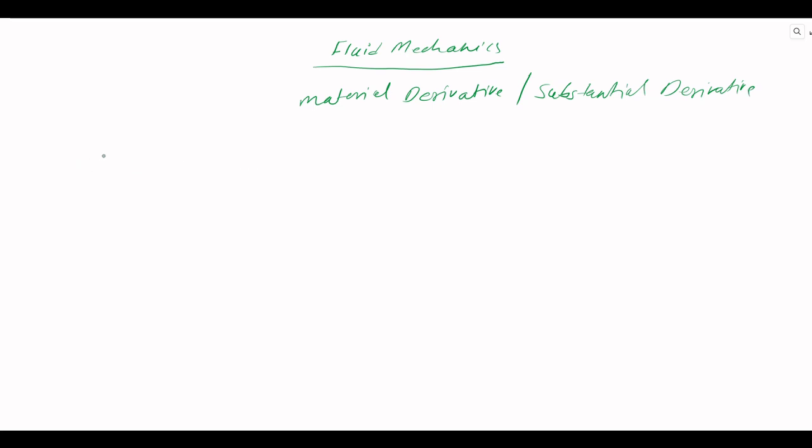For example, we have any function f of x, y, z, and t. This is called space, and this is time. A function in space and time.